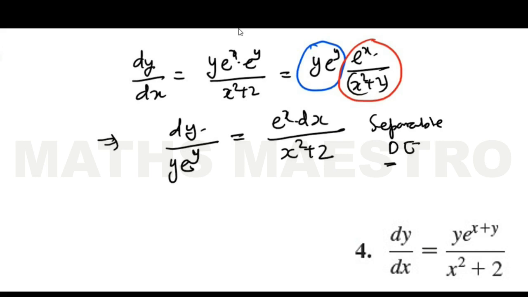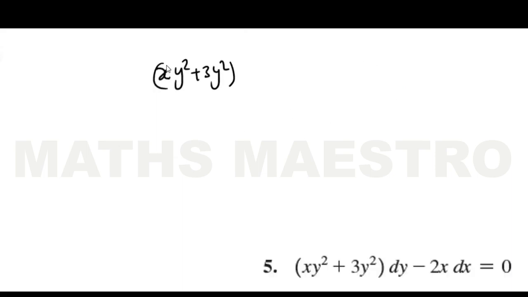Separable differential equation. And question number 5, let us see how we can separate question number 5. x y squared plus 3 y squared dy is equal to 2x dx. This can be written as this, and we can take y squared common from this and write y squared (x plus 3) dy